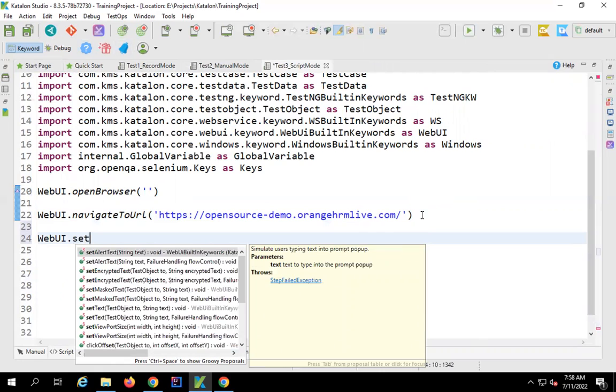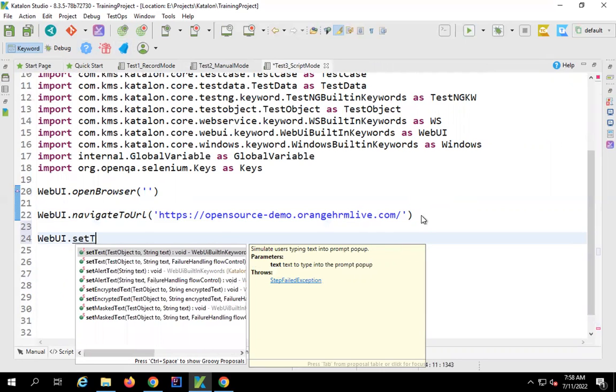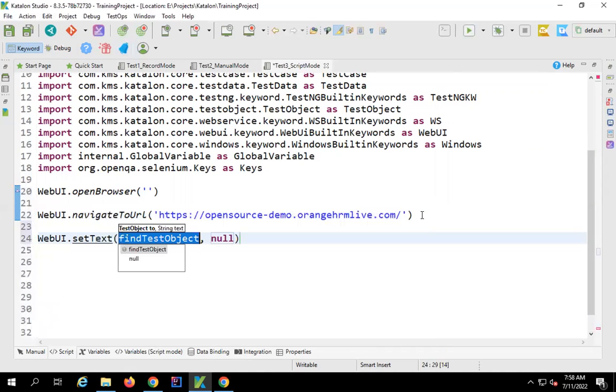Next step is, after going to the login page, I have to enter the username and password, and for that we have set text. So if I start typing set text, I get this function set text. And if you remember, for set text, we need the object as well as the data, that is the input value. So for the data, I will give the username, which is admin123. You have to give this in quotes. You can use double quotes as well. And for the object,